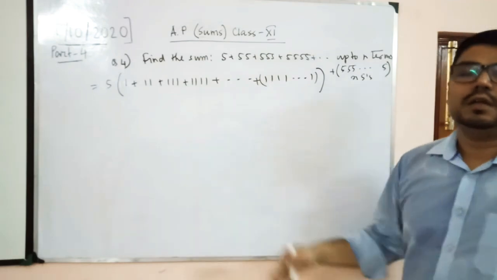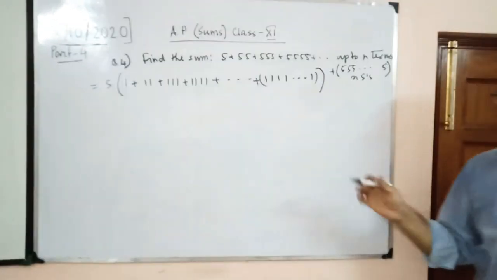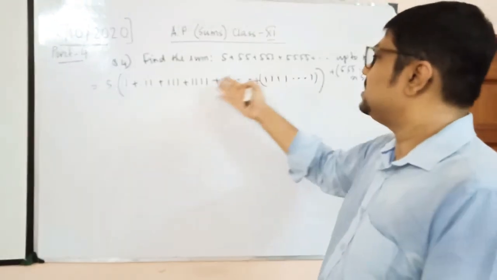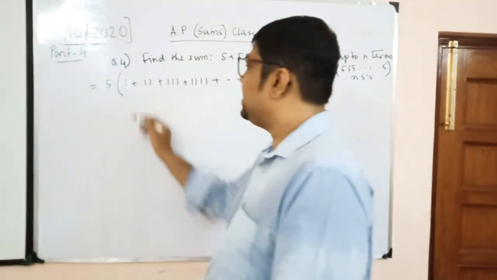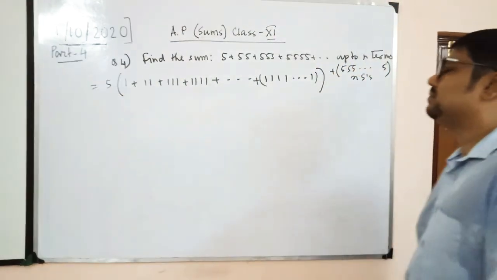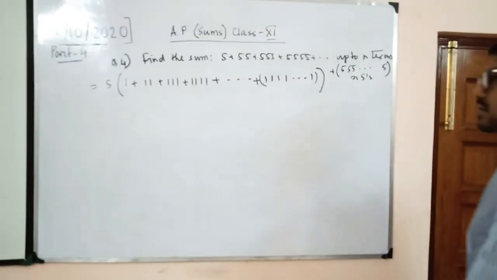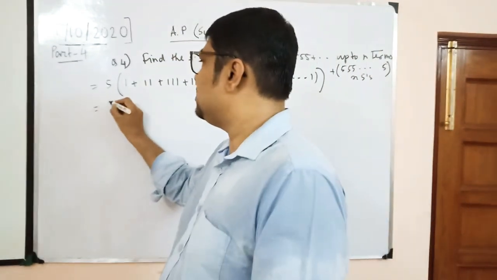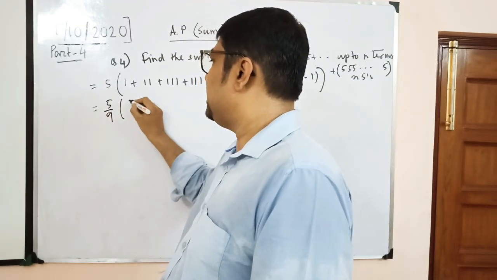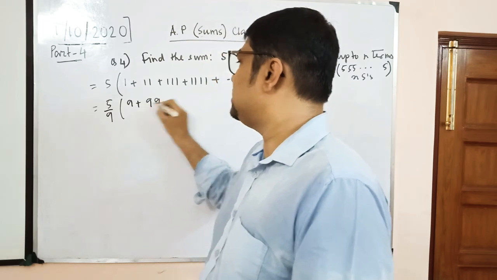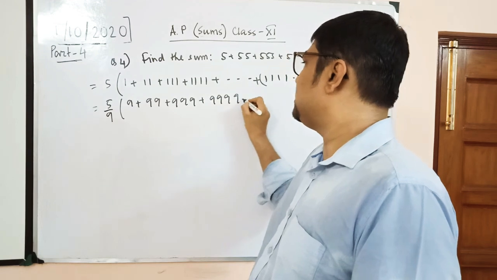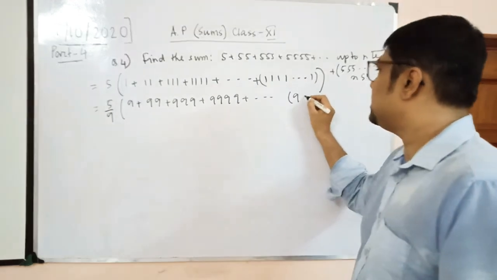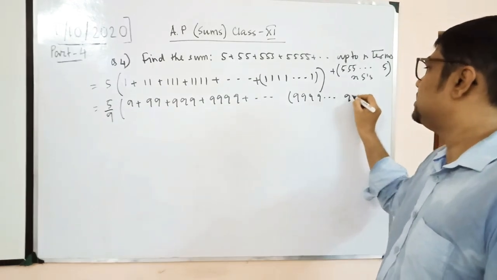So whatever the number be, whether it is 5 or 7 or 10 or 11 or 9, you just take any number and bring it down to 1 like this in this series. Because it's going to help you, if you divide it by 9, it will be converted to 9 plus 99, and so this is the main structure of the sum. You may ask why I am doing this. You will soon understand why I am doing this. Please wait for some time.